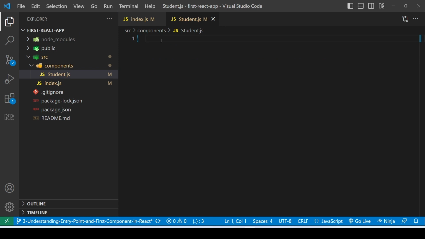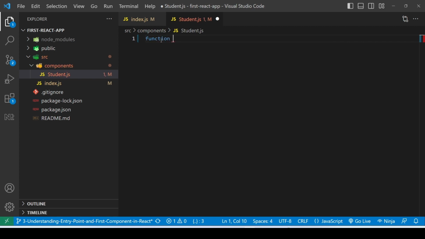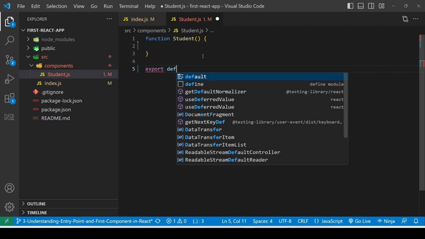As you know, a component is a simple function in JavaScript. So I will just create a function student, then I can just open and close the brackets. Here I just need to export it. So export default